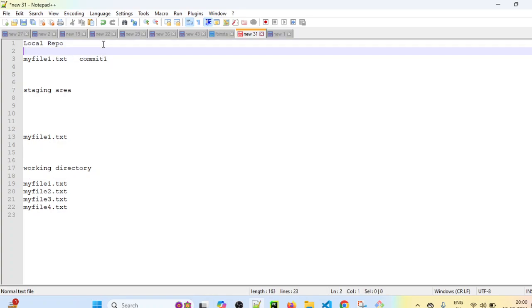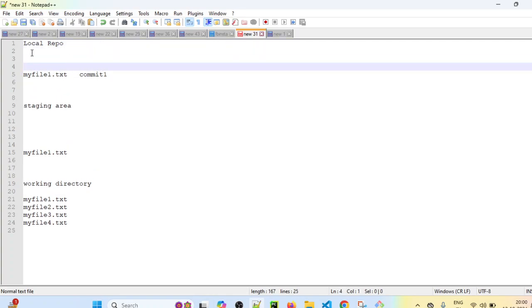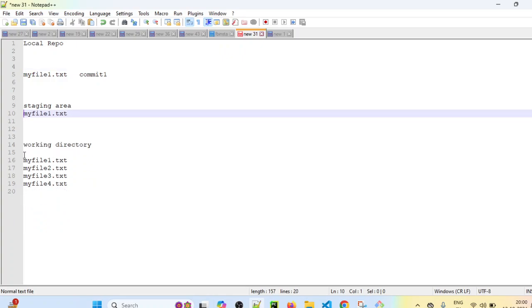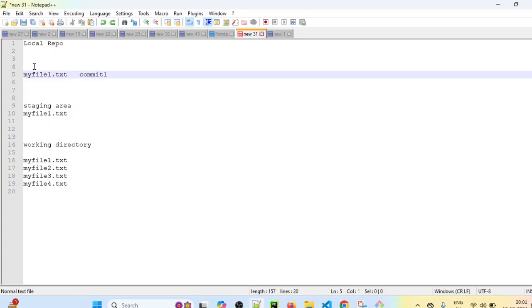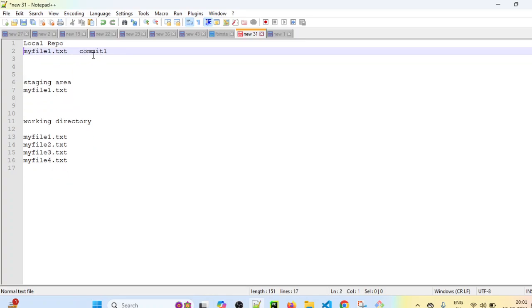From the working directory we have added this file to the staging area, and then committed it to the local repository in the first commit. Similarly, we will now add myfile2 to the staging area, and that will be committed to the local repository using the second commit. And the same goes on for the 3rd and 4th file.